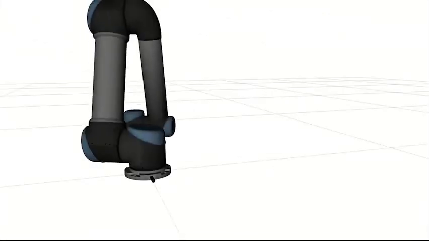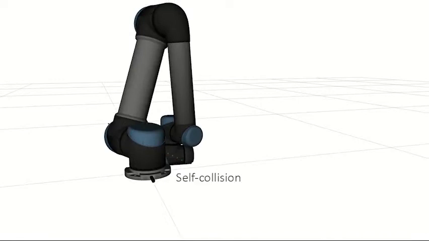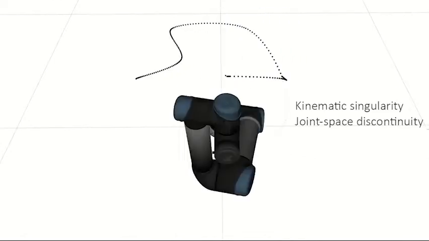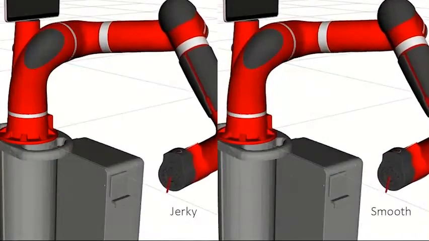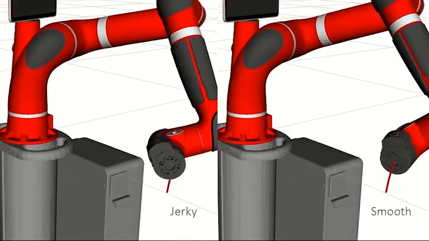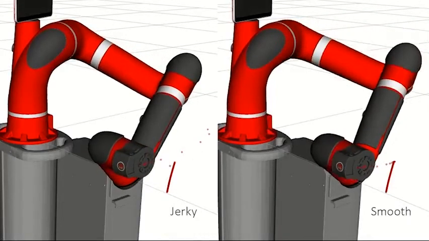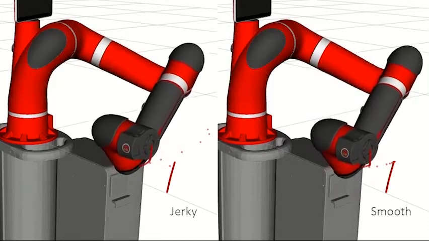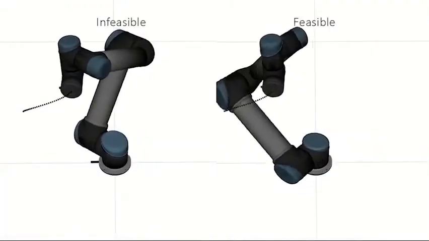While matching position and orientation goals are important, there is danger of self-collisions, kinematic singularities, and joint space discontinuities. Our method ensures smooth transitions as shown on the right, feasible trajectories throughout,